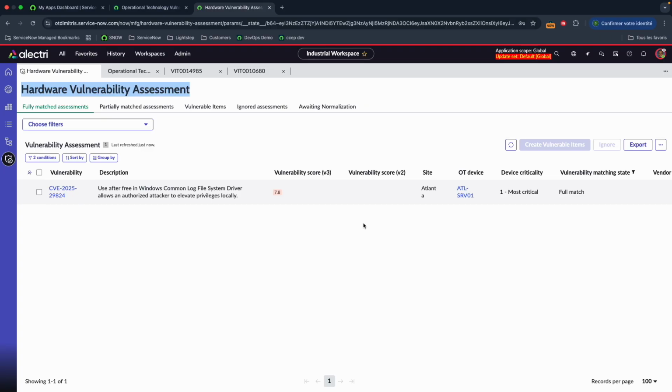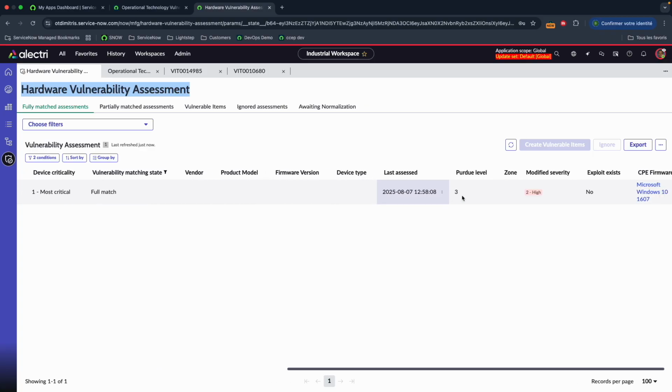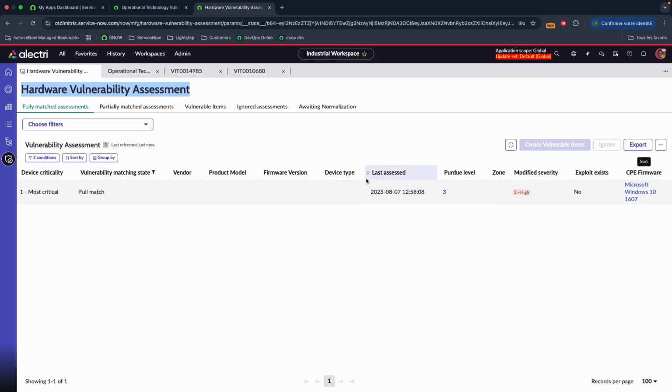If you don't have those, ServiceNow can do the matching for you, meaning that we download the whole list of CVEs from the National Vulnerability Database. Then we check for these vulnerabilities if they are matching your vendor, product, firmware version of your devices. All this information is typically visible in your CPE for your vulnerability.